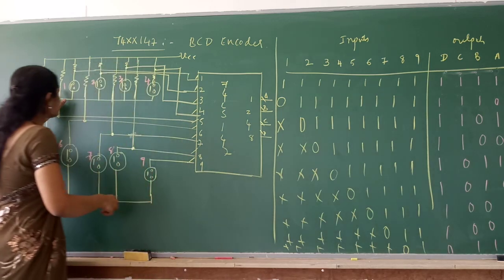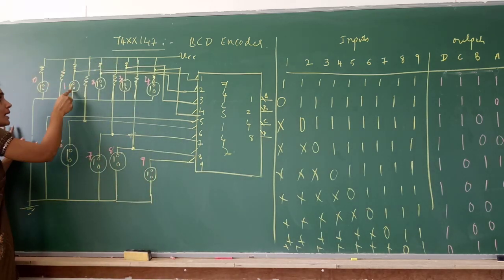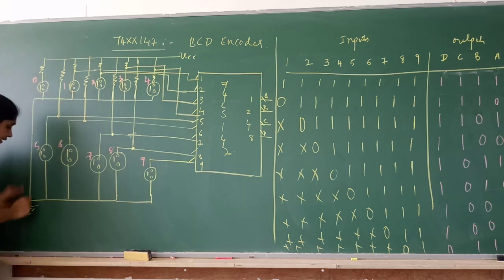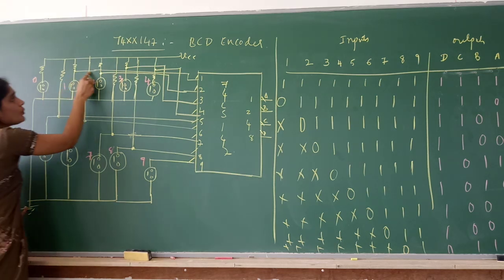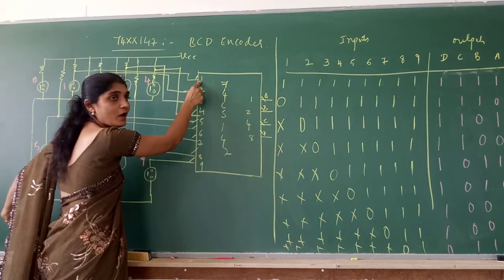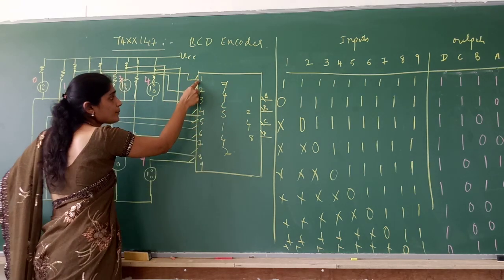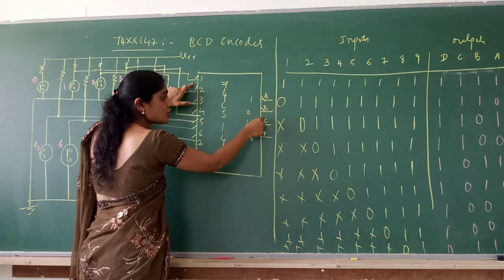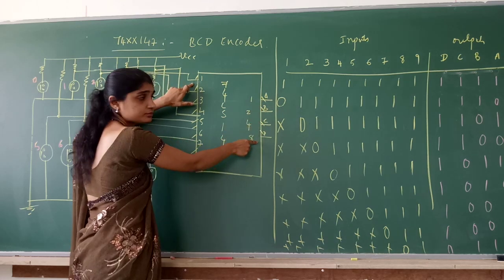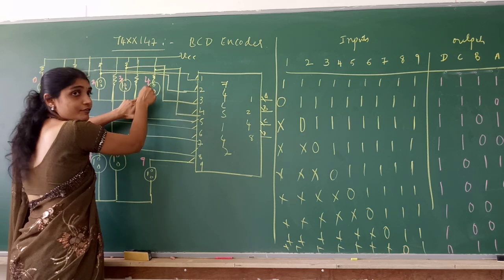Now, as soon as I press key 1, what happens? This particular key will be automatically connected to ground. Ground means it is logic 0. So when you press the number key, 0 will be sent to pin number 1 of 74LS147. So when you are giving 0 at 1, this will be encoded as 0001, that is 1110.